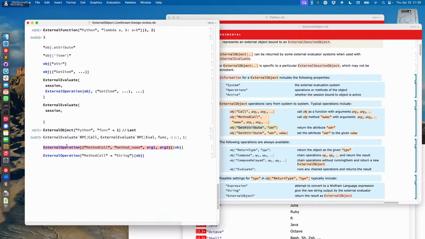Why can't you compose external operations lazily? Explicitly compose them. Like if you want to run three things together, you literally say external operation of blah, of external operation of blah. Okay. If they are not really evaluating anything, you can safely do that, because in the end it's going to be a Wolfram Language operation, and nothing is going to go